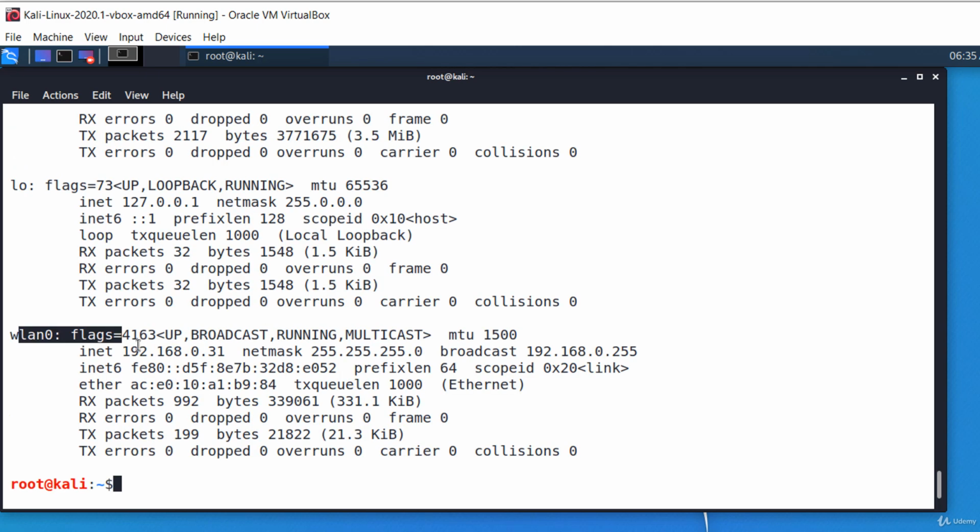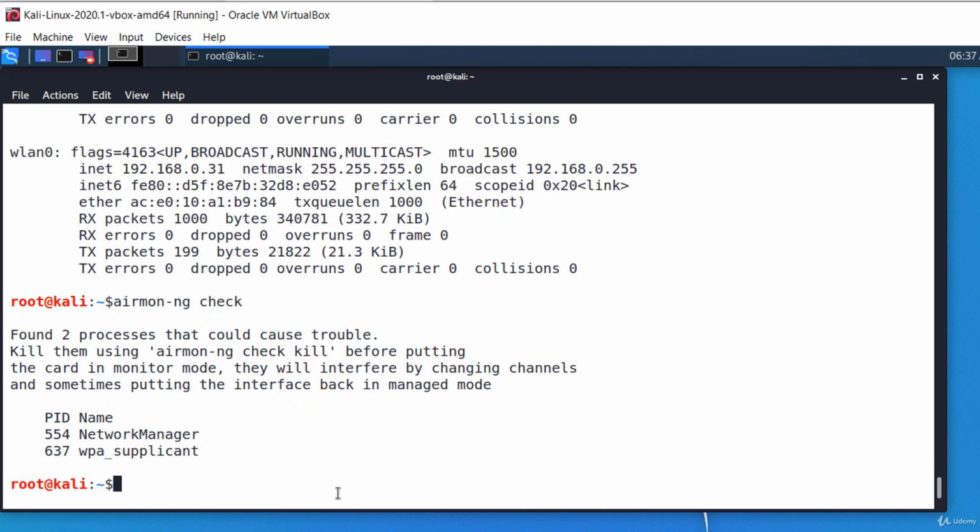This is the Wi-Fi interface, which is associated to an AP. The first step is to stop the processes that could cause troubles while working with the interface in monitor mode. I'm running airmon-ng check to list all possible processes, like the network manager, that could interfere with the Wi-Fi